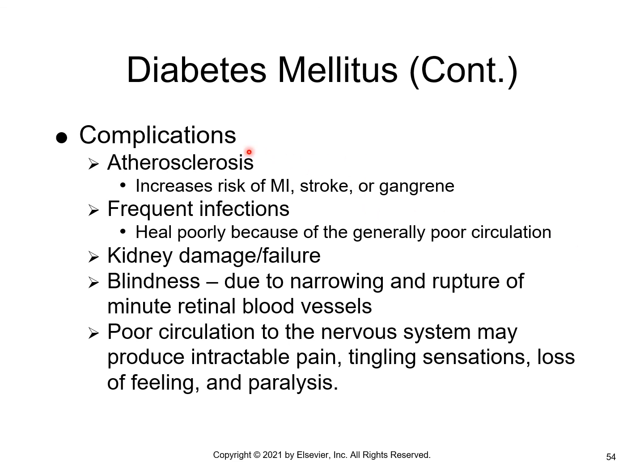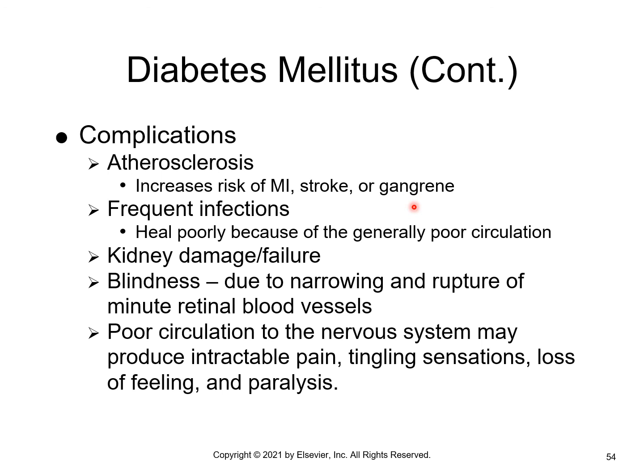Complications of diabetes, like I mentioned, is atherosclerosis. This is hardening and building up of plaque on the vessels because of that rough sugar rolling through the vascular system, causing roughening of the vessel walls, which leads to plaque accumulation on them, which leads to hardening and narrowing of the artery itself. Now, that hardening and narrowing of the artery can lead to a reduced amount of blood perfusion, which can lead to myocardial infarction in the heart if the blood perfusion to the heart is reduced, stroke if it's reduced in the brain, or gangrene if it's reduced to any tissue to the extent that the tissue